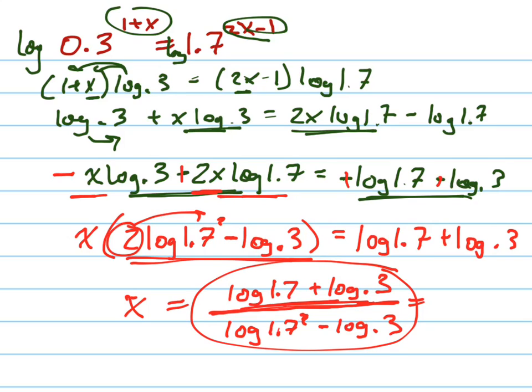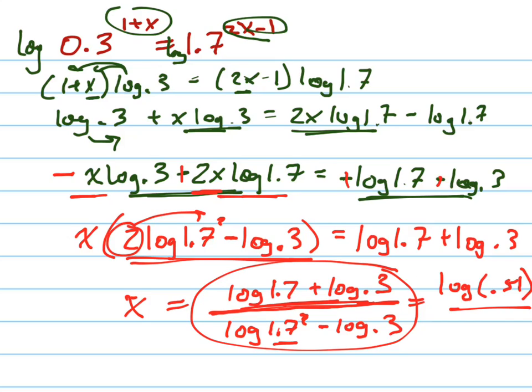So it might be nice to simplify that into log of 1.7 times 0.3. And again, this is a non-calculator one. So let's just do 3 times 17 in our heads. 3 times 10 is 30, plus 3 times 7 is 21. 30 plus 21 is 51. But then I have to move it 2 decimal places over, so it's 0.51. Log of 0.51 all over